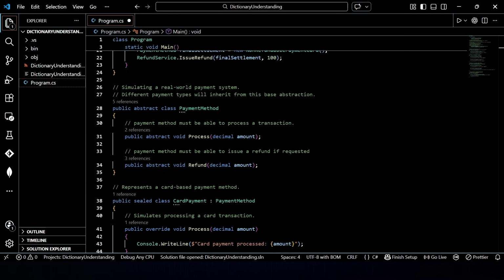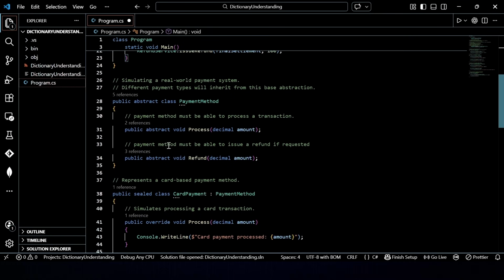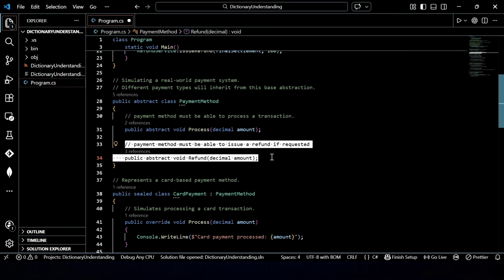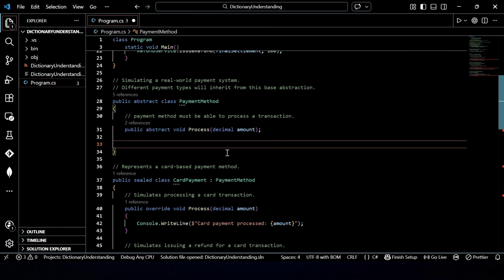Now, if you remember, the next ask was how you're going to fix this issue. Since the parent was forcing us to implement both, how can we avoid this? The best possible way is to split the responsibility. So what we can do is remove this from here,